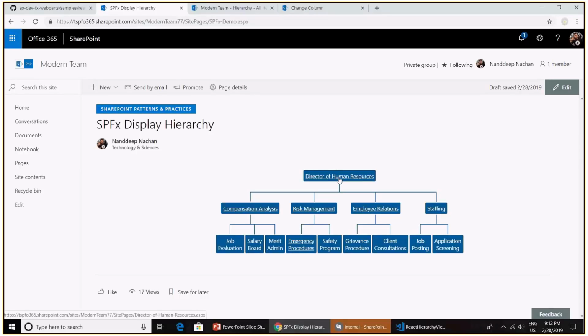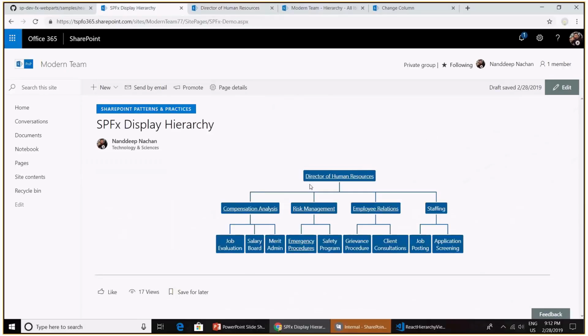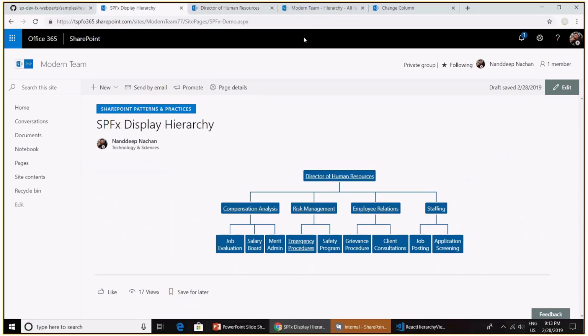Even this data we can associate with any URL. For example, if you want to link this to any URL, it can be done directly from here. From here we can mimic that this is representing a user or a policy or procedure, and we can link this to a page describing more details about it.